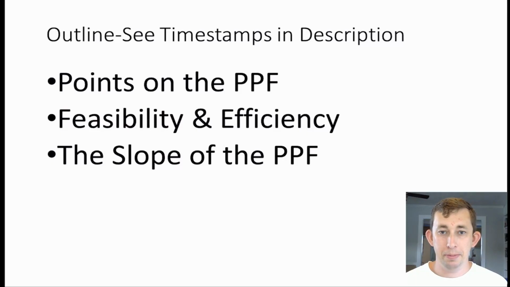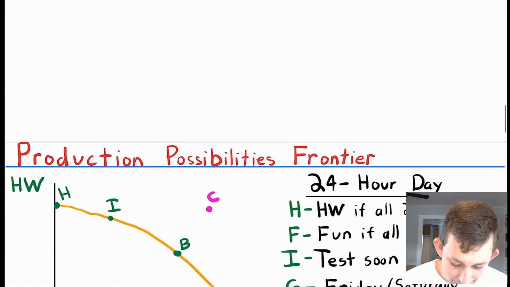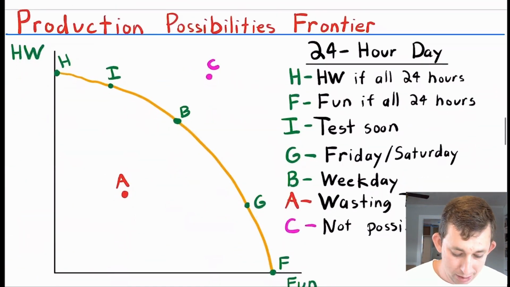Today we're talking about the Production Possibility Frontier, or the PPF. First, we're going to talk about some points on the PPF. We're going to use those points to talk about where the feasible and efficient regions are on the PPF. Then we're going to talk about the slope of the PPF, or the marginal rate of transformation. Timestamps are below, but let's go ahead and get into it by talking about some points on the Production Possibilities